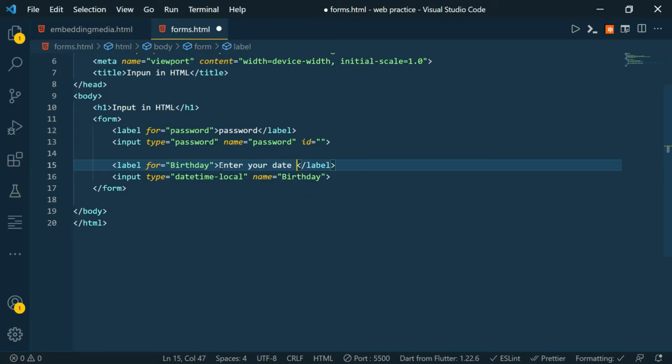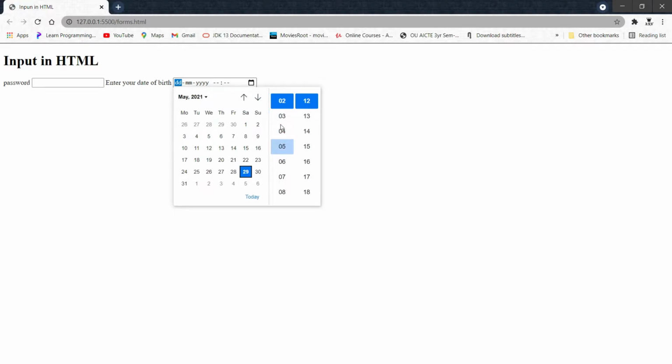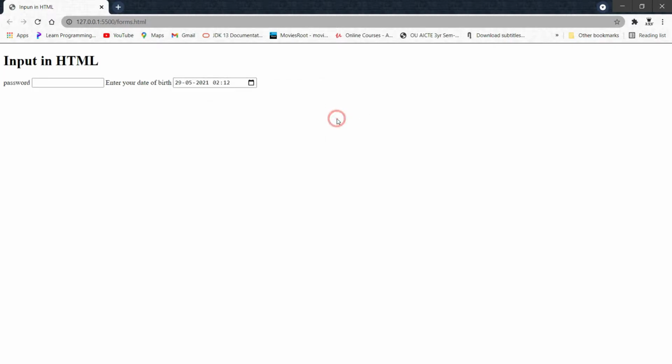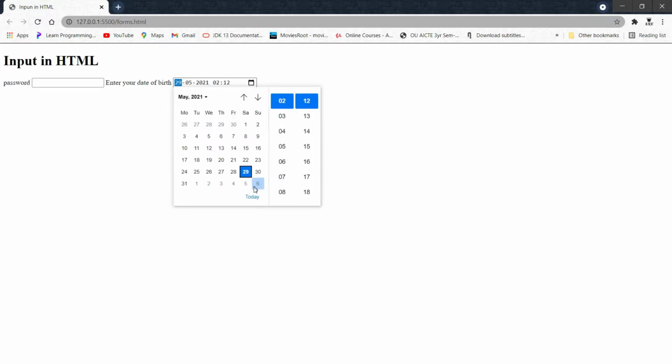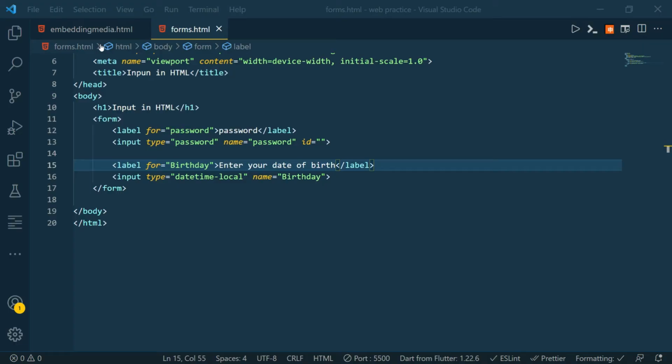Enter date of birth. You can see we got a field where we can enter a date. You can select the time from here, and select years and months. Basically we can add a date to it, and if we tap today, it will mark today's date, that is 29 May. I hope this was clear.